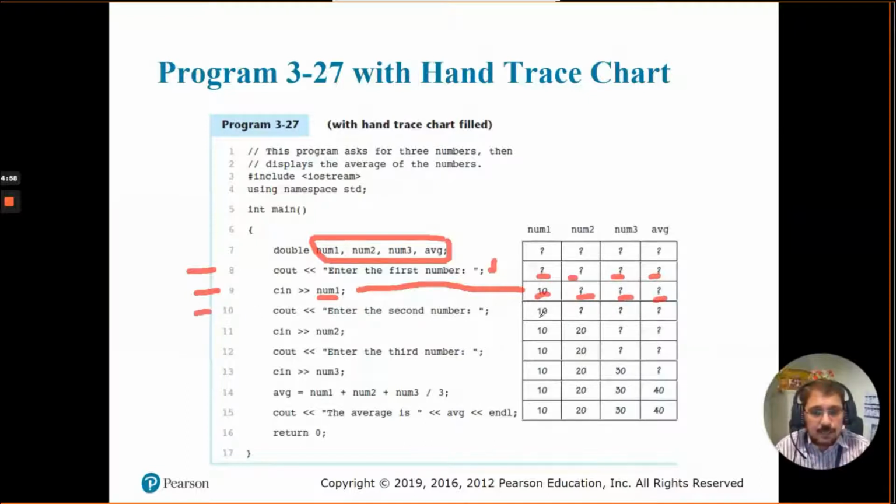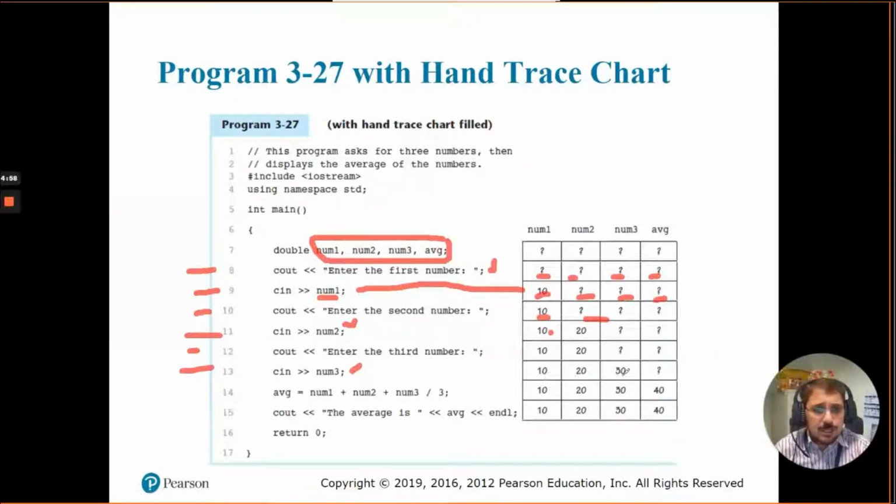It doesn't change anything. So only num1 has a value. The rest are still unknown. At line number 11, num2 will get a value and num1 already has one. So num1 is 10 and num2 is 20. Then at line 13, num3 will get a value.